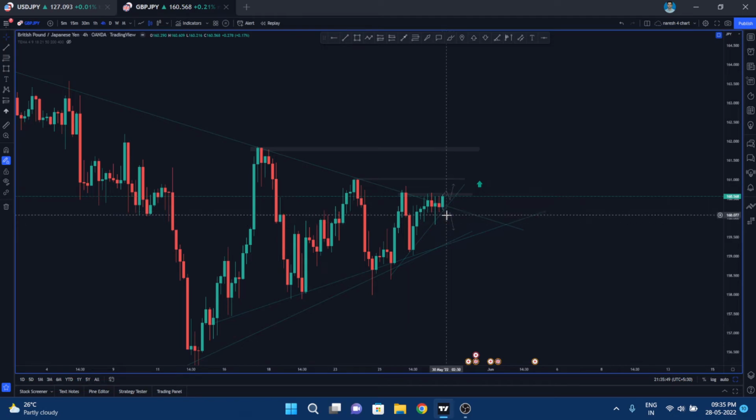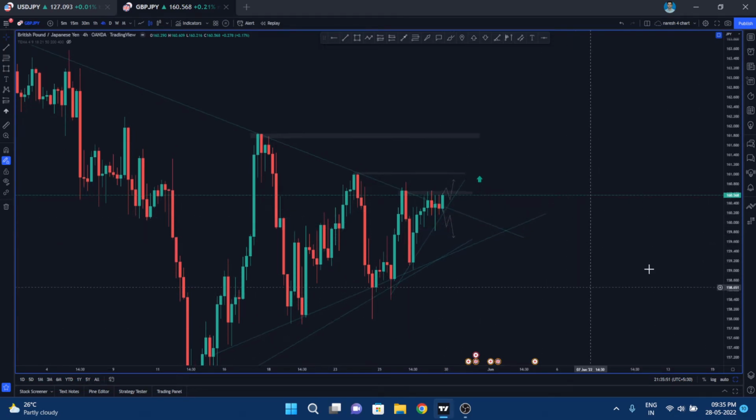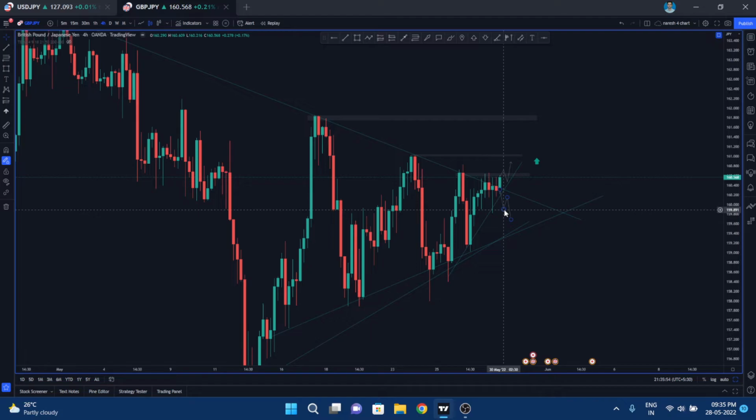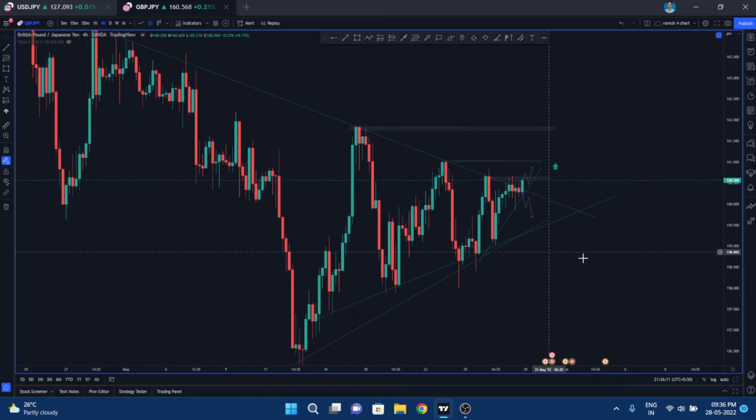So if it is breaking down, USD JPY also will be breaking down. So USD JPY is comparatively favorable for short trades, right? If it is breaking down, I would be taking good trades on USD JPY and avoiding this GBP JPY. I will be going with long trades only in GBP JPY, because the bullish momentum is comparatively higher than USD JPY. Okay, so if it is breaking up, wait for the pullback and continue the trend up, and you can look for long entries with the help of your systems.